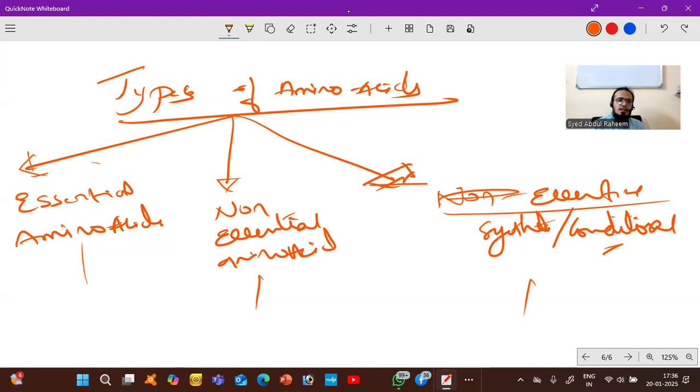An essential amino acid is required by the body, but the source is not present in the body. You have to take it from outside. The source is outside. In non-essential, you will not get it from outside. The body will produce it. It is also important to our body, but it is not obtained from outside. That's the reason we call them non-essential amino acids. And synthetic or conditional essential amino acids,